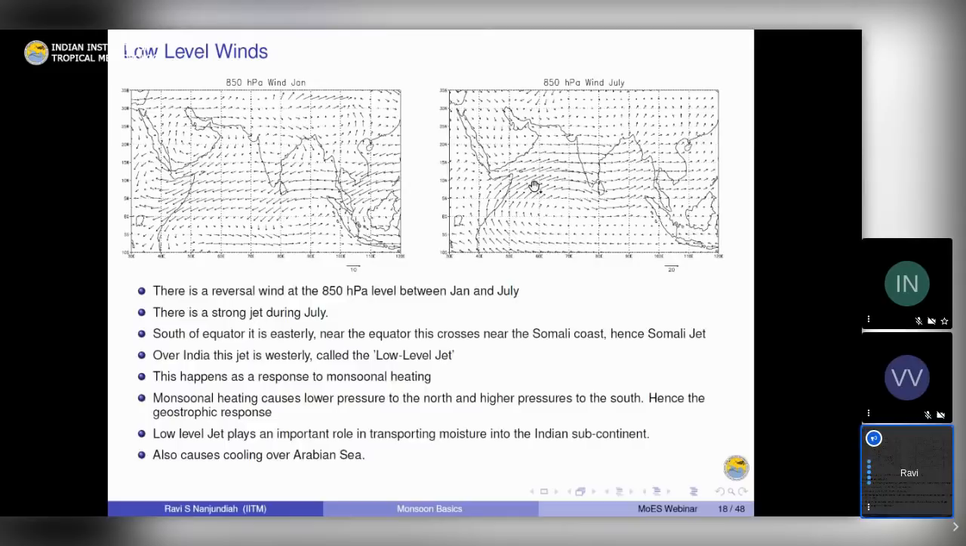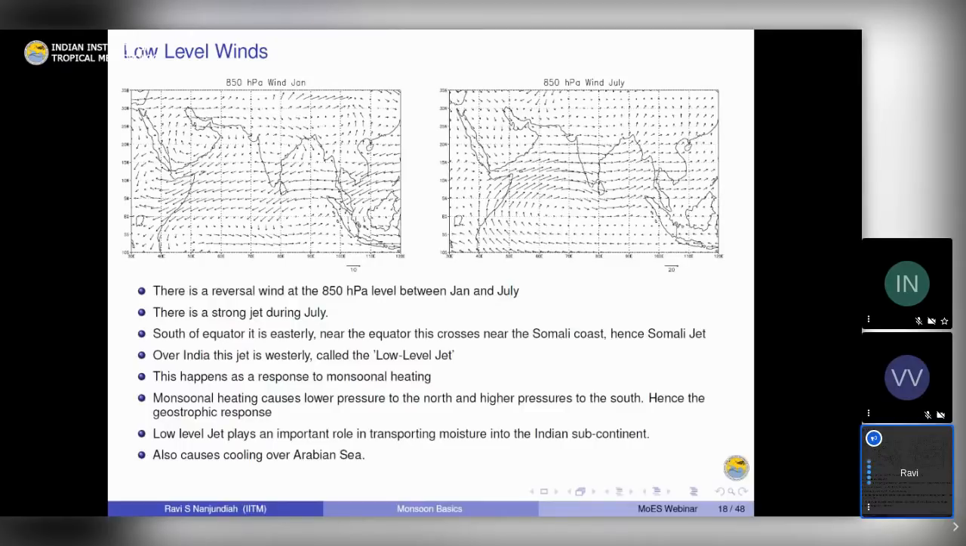And because the winds are very high here, we also find that it causes cooling over the Arabian Sea, which is why the temperatures are much lower here. Generally, there is a threshold for clouding and rainfall to happen, which is around 27 to 27.5,